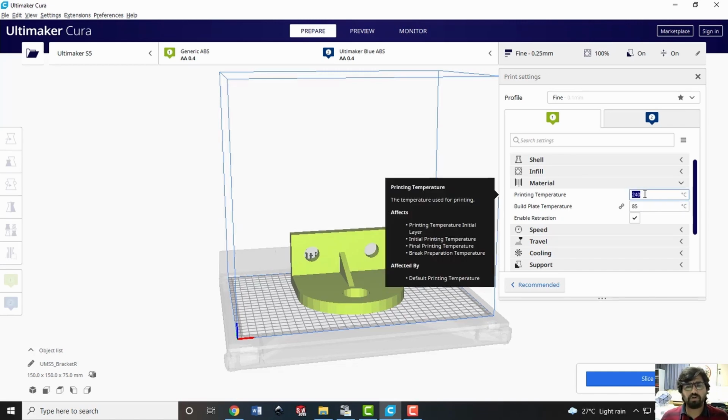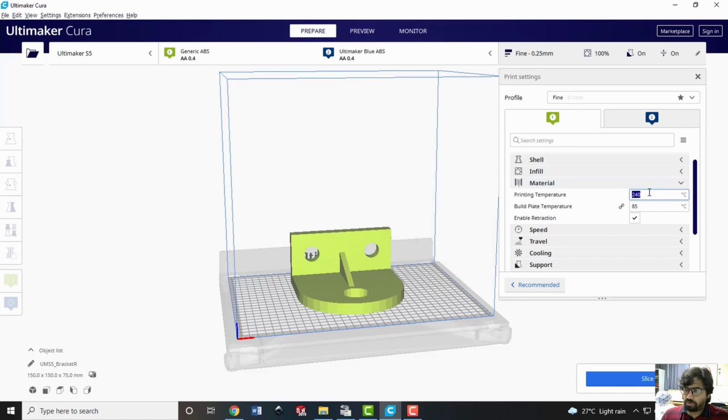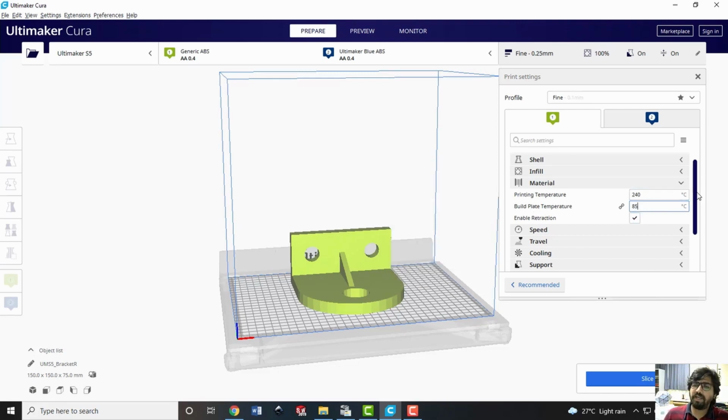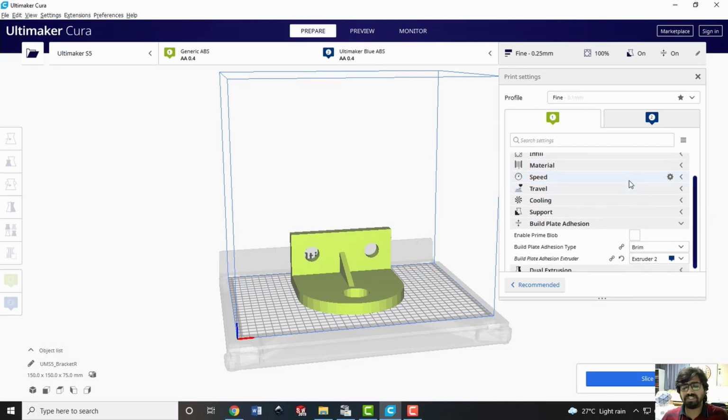So let us consider the default options, those were already there, but these are very critical parameters if you are using an FDM process or any additive manufacturing process. Actually, what should be the temperature of the nozzle from which you are extruding your material? So let it be 240, and the build plate temperature also let it be 85 degrees centigrade. But you can change it if you are going to change the material, or if you are not getting appropriate material properties with these parameters.